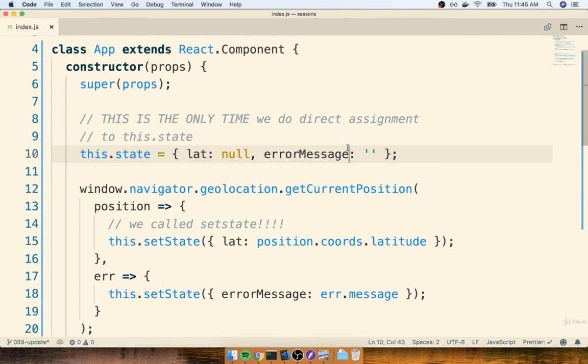Now, in order to understand this other way that we're going to initialize state, we have to talk about something called lifecycle methods. We've kind of already been dealing on the fringes, or the edge, of lifecycle methods without really defining what they were. So in this video, we're going to start to talk about lifecycle methods. Then we'll start to refactor that state initialization right there. So let's get to it.